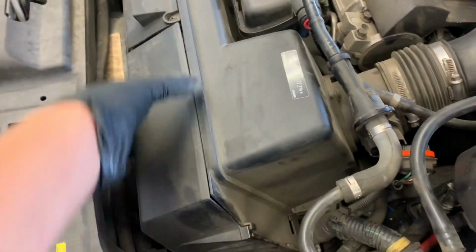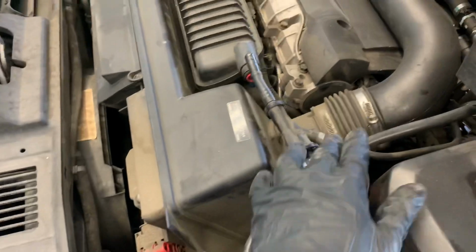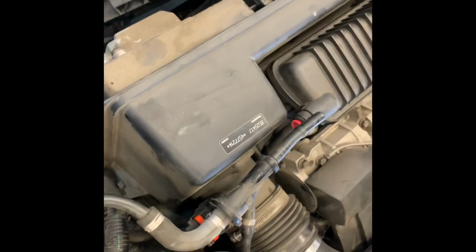The next step is to remove the cover for the ECM. Once you remove it, there will be two connectors. All you want to do is push the little tab and then pull the red tab upwards. So once you have those connectors disconnected, also the air mass meter connector,